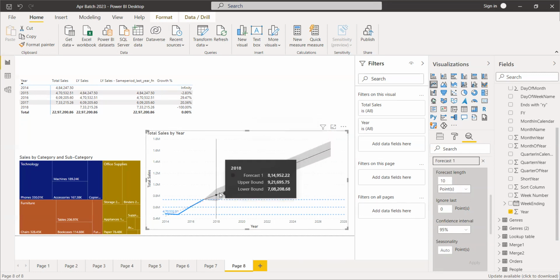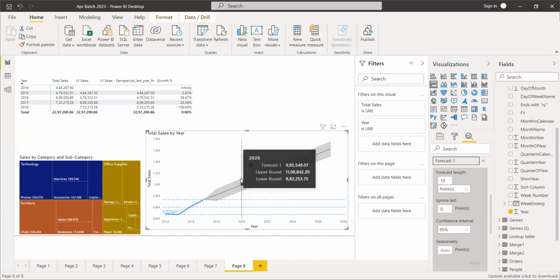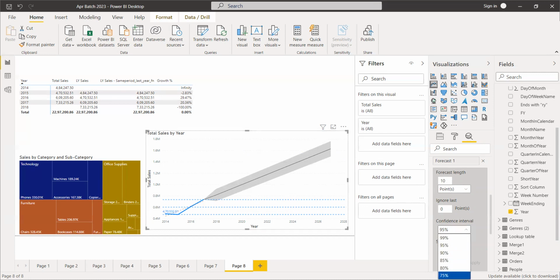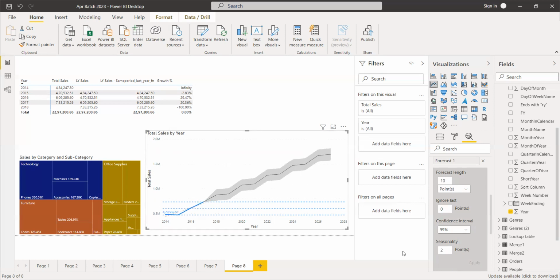We are trying to forecast actually, and the upper bound and lower bound are nothing but the sales may be under these lines is what we are forecasting. And the confidence interval we can set up to 99%. I think in here 75 to 99% we can put that confidence line. And seasonality points are nothing but how many data points you want to look at going forward. I just want to look at only 2 points. I'll just say apply. When seasonality wise, probably 2017, I have the data. So one seasonality, this seasonality, I think even I'm not pretty sure of that, but